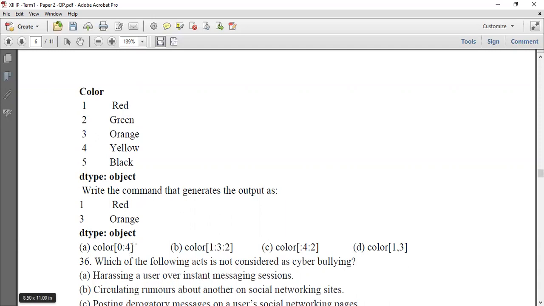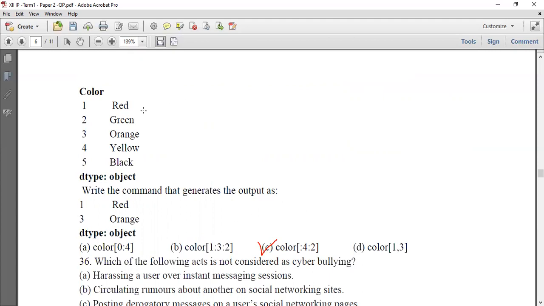So color[0:4:2] means from 0 to 3 it will be displayed, with a step of 2. The starting value is given, till 4 means till 3. So 0, then 0 plus 2 is 2. So red, orange. Option C is the correct answer.